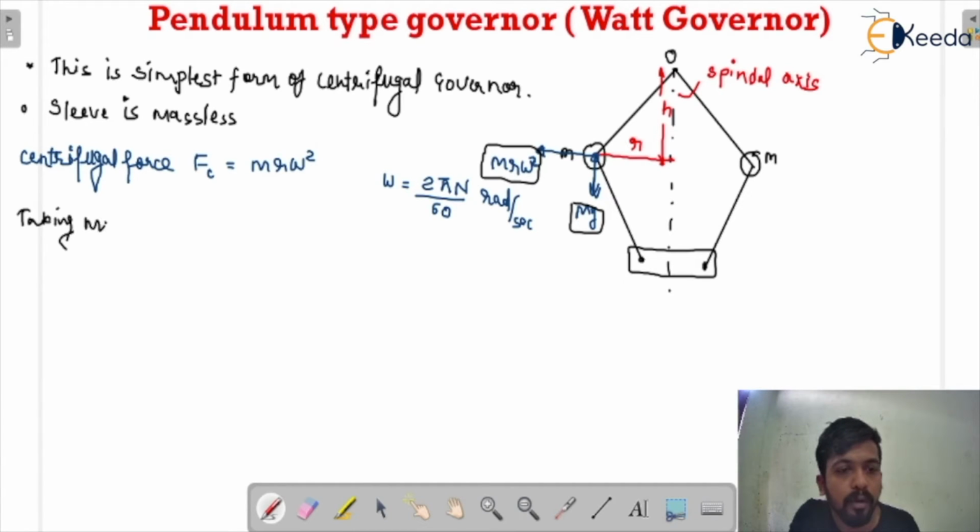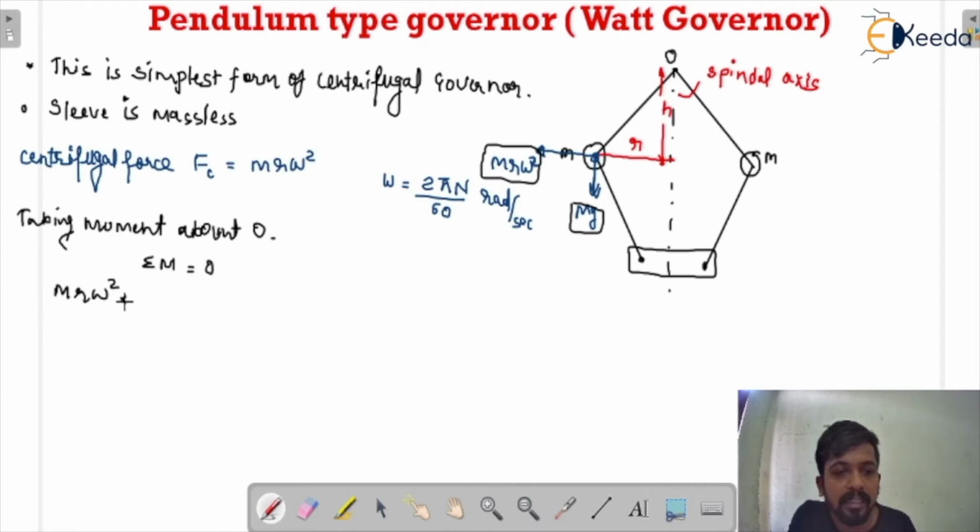Taking moment about point O, which is also the point of intersection, what would happen? See, this is the mr omega square and it is in that direction. So it would be force into perpendicular distance. And what is force? Summation M is equal to 0, and this is the mr omega square